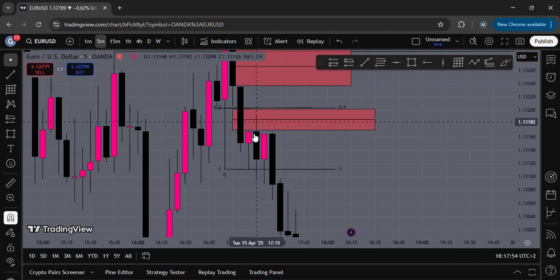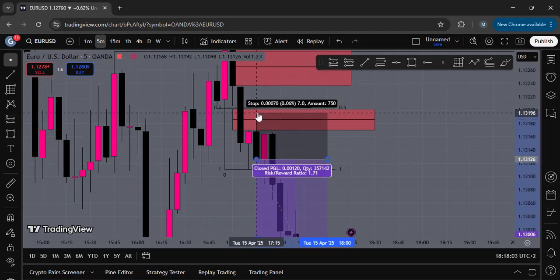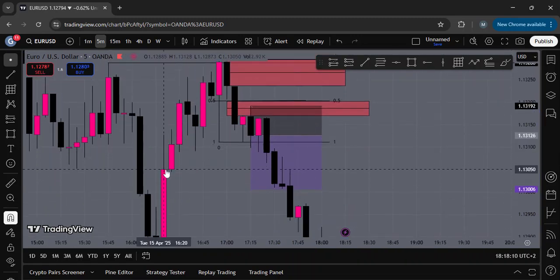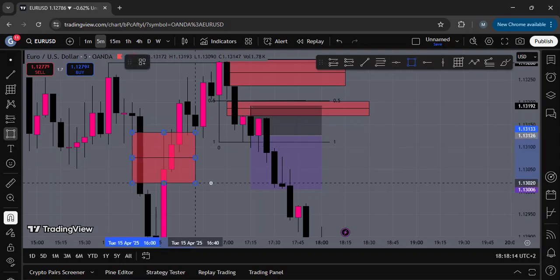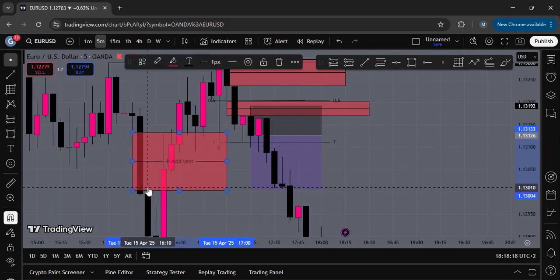We react off it and we close below, good. So then that's a confirmation. We've just reacted from the fair value gap. So then you enter on the reaction, stop loss either above the reaction or above this. Why is this also better than the other one? This candle, even though it reacted, it closed inside the fair value gap. So it's slightly invalidating the fair value gap already by closing inside.